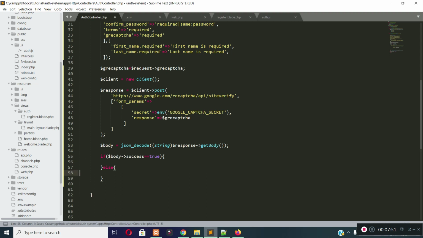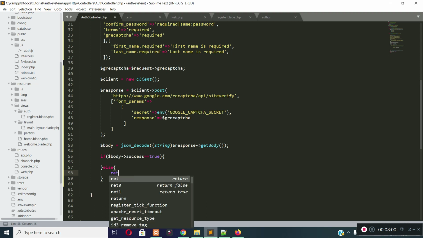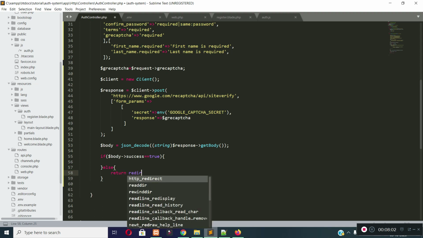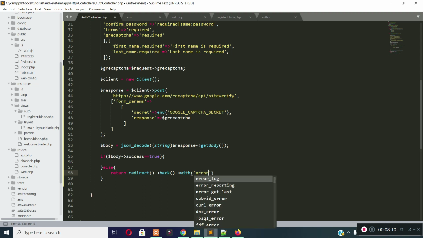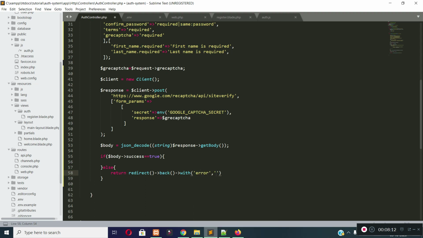And if Google reCAPTCHA is invalid, then I will redirect the user back to the registration page with a message. So I will write return redirect back with error, and the message will be invalid reCAPTCHA.